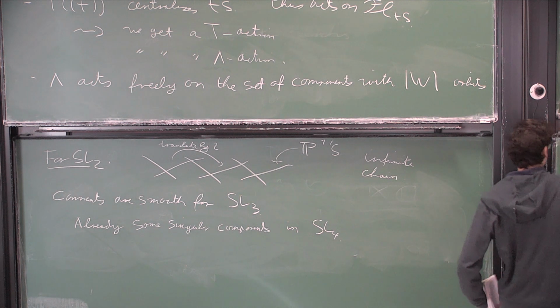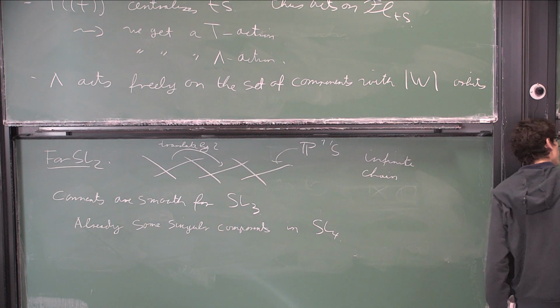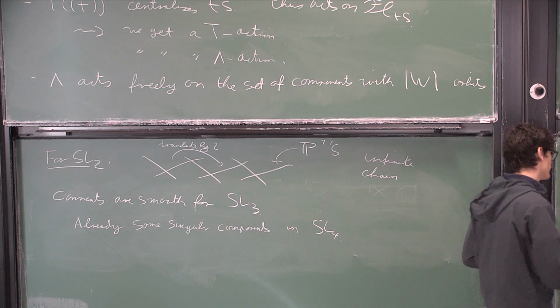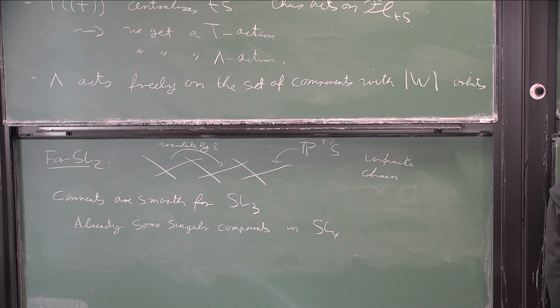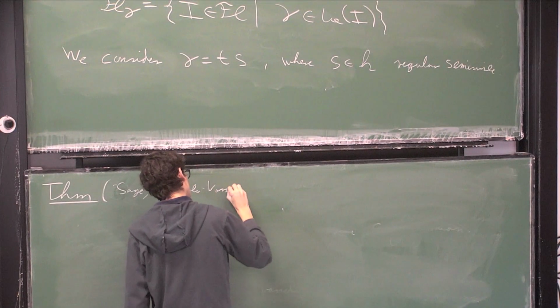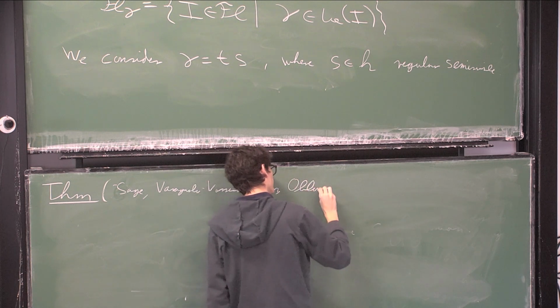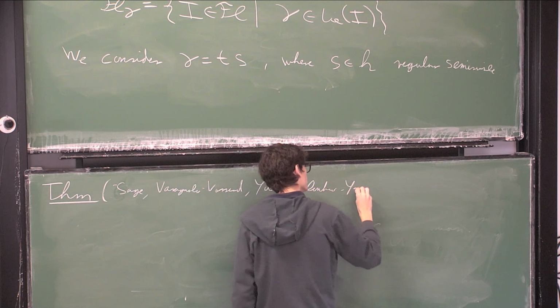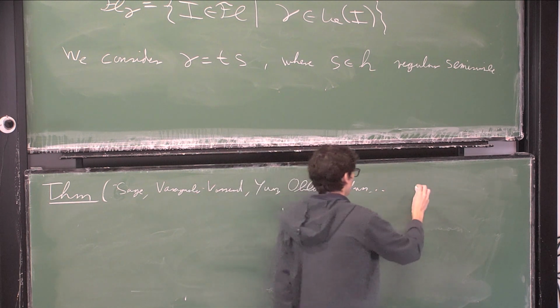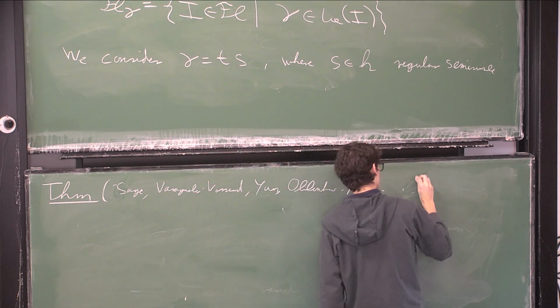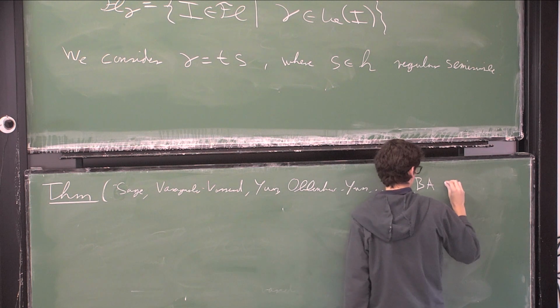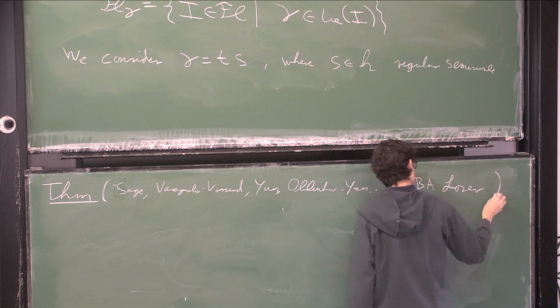Okay, so I guess the theorem, there's some part that's, I guess, Sage and Baragnola-Vassero and Ewan, many people, and the other part is joint work with Ivan Losev,